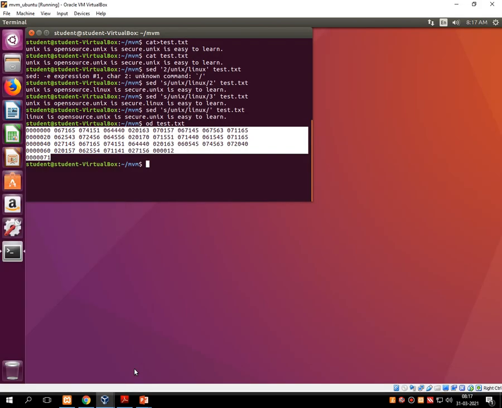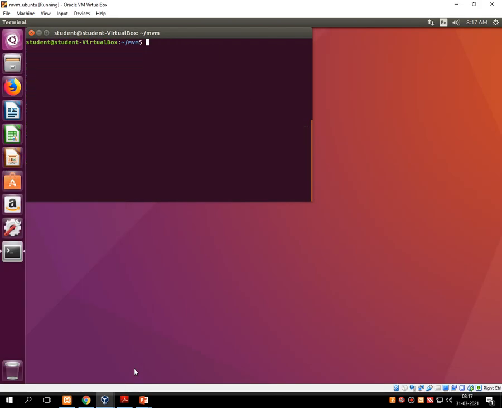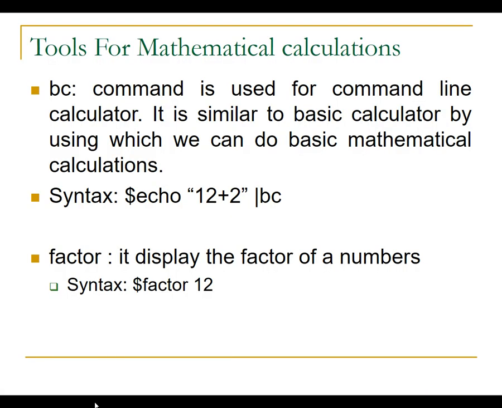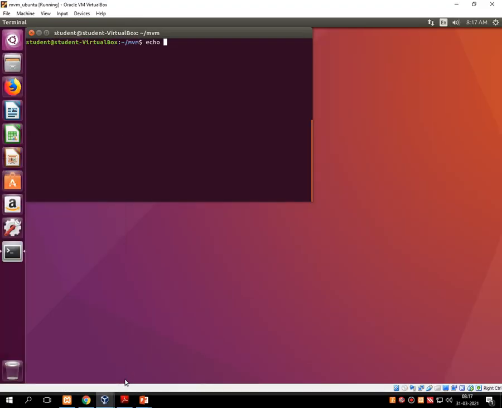It's very simple. Let me clear everything over here first. Here type echo, then space, then in double inverted commas, say for example I am writing 12 plus 2, double inverted commas, over the pipeline operator and the bc command. It prints 14 onto the screen.